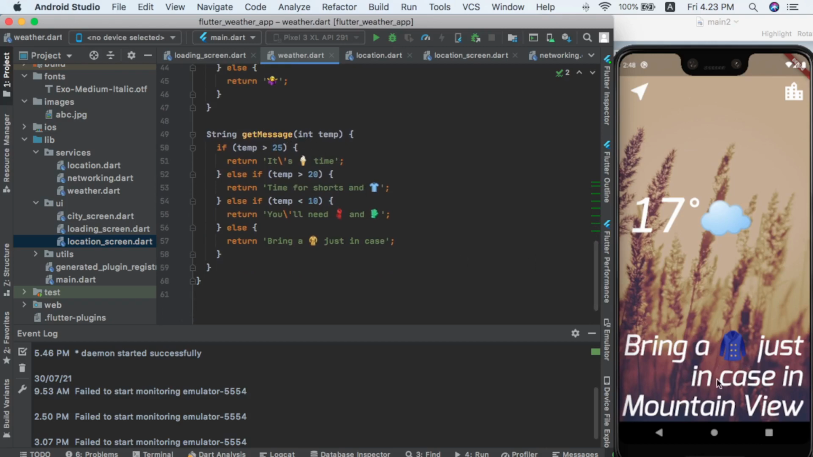As you know, we did part 1 and part 2, and in part 3 we are talking about our weather